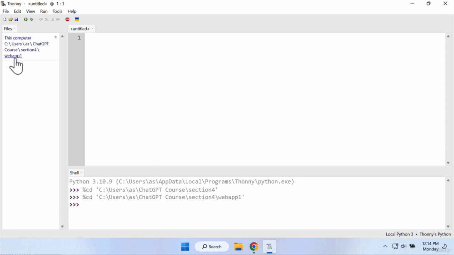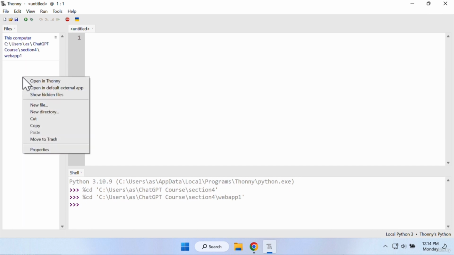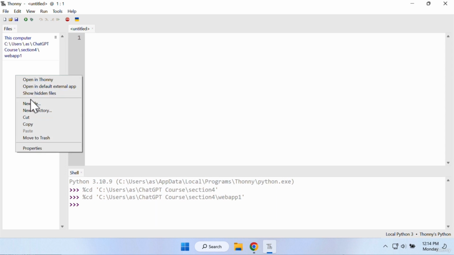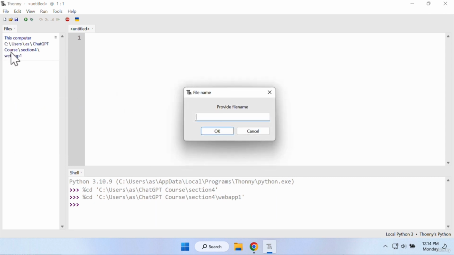So the first web app will be inside this directory. I'm creating a separate directory for each web app because for each web app we will have multiple files. So for web applications, one Python file is not enough. You need multiple files. So let's create the first file, new file, inside web app 1 and name it